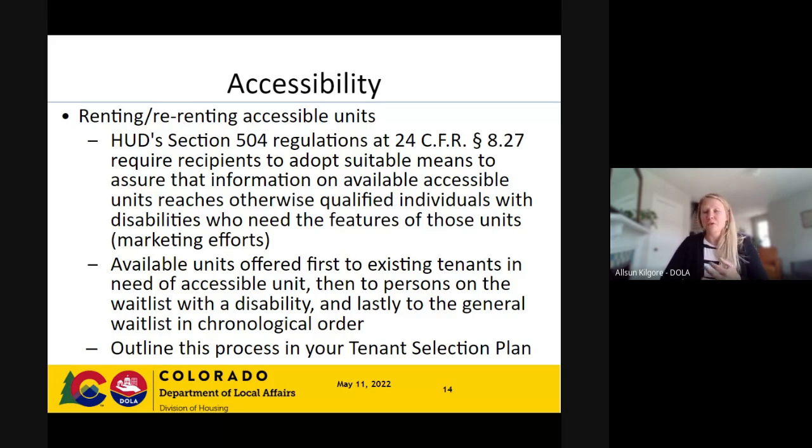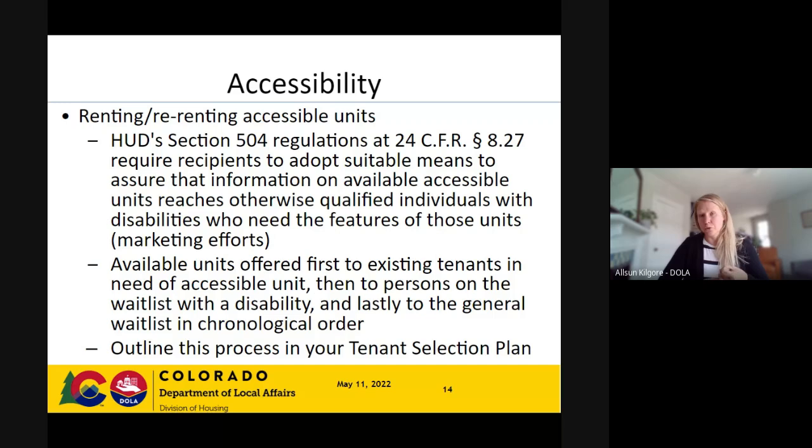So in your affirmative fair housing marketing plan, if you're required to have one of those, or if you opt to have one, you will have identified persons that are least likely to apply. And if you've identified disabled persons as somebody who's underrepresented in either your marketing area or your census tract or on your wait list or in your property, you need to be doing additional outreach efforts to ensure that the information about these accessible units is getting out into the community. So, finding